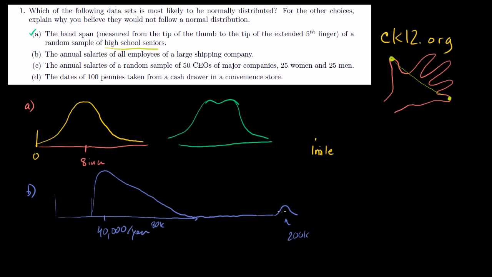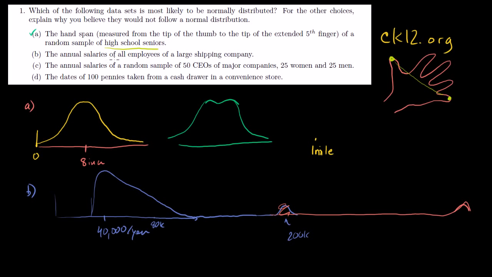But the reality is that this actually might get pushed way out from there. It might look something like that. It might be way off the charts. Let's say the CEO made $5 million in a year because he cashed in a bunch of options or something. So it'd be way over here, and maybe it's the CEO and a couple of other people, the CFO or the founders. So my guess is it definitely wouldn't be a normal distribution, and it would be bimodal. You would have another peak over here for senior management,